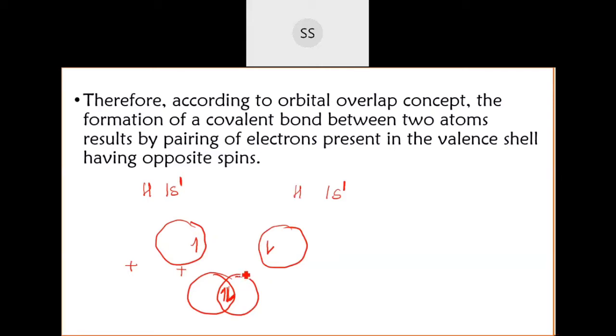And VBT is limited only to diatomic molecules, okay? They are explaining only about diatomic molecules, where you are talking about one atom combined with another atom to form a molecule. So VBT concept is limited only to this. And that's a limitation, that is a failure of VBT, which could not explain more than two atoms. If you are talking about a triatomic molecule, like for example carbon dioxide, ammonia, then you can't explain with this VBT concept. That's the drawback. That is a failure. So we have another theory which came forward.